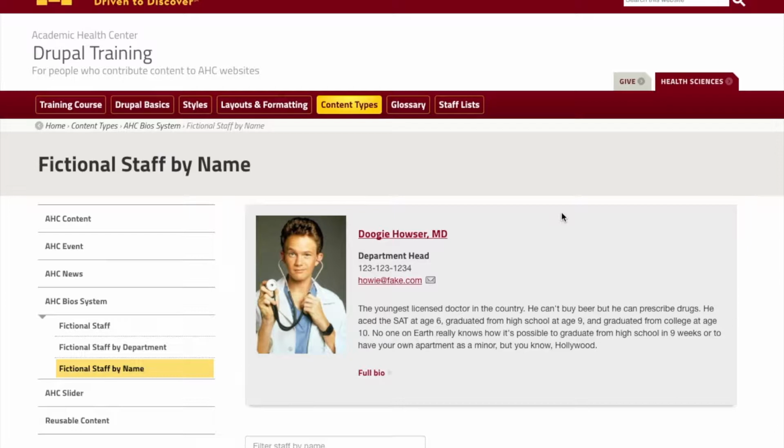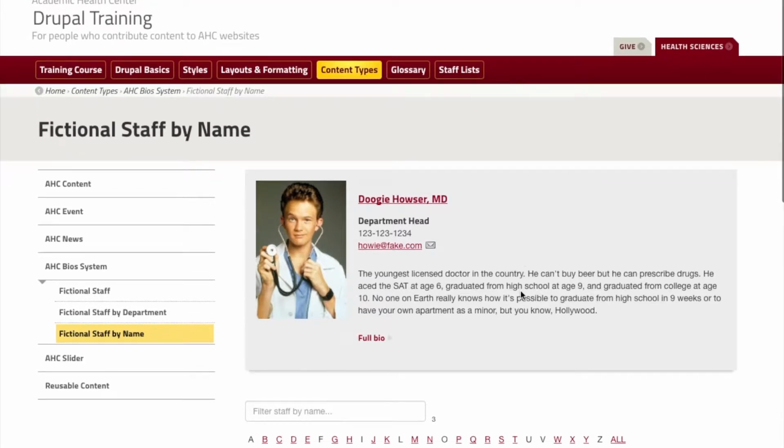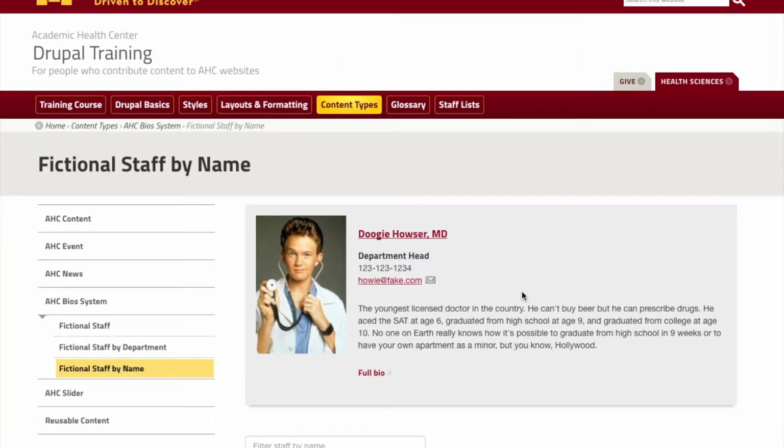Even though an individual faculty member may be displaying on multiple lists, there is a way to add some customization to the information that is displayed on the list itself. So again, this is what we consider to be a display of a list. This one is our faculty members A to Z. So all of the fictional staff members in one spot on one page without any tabs to filter out their